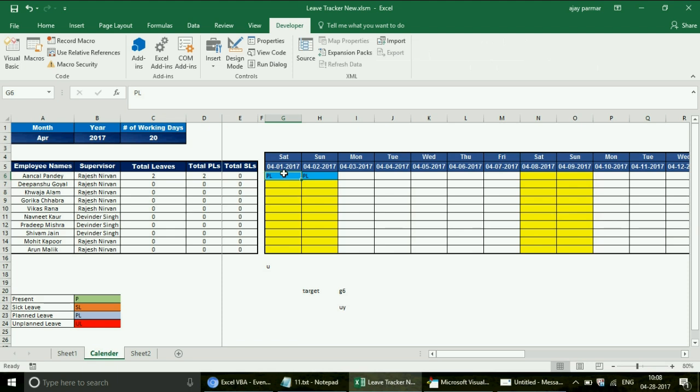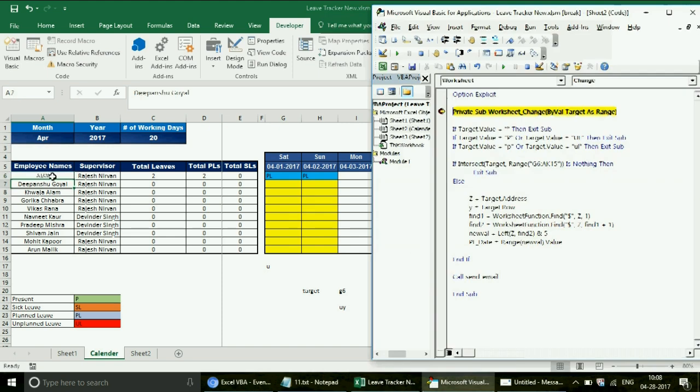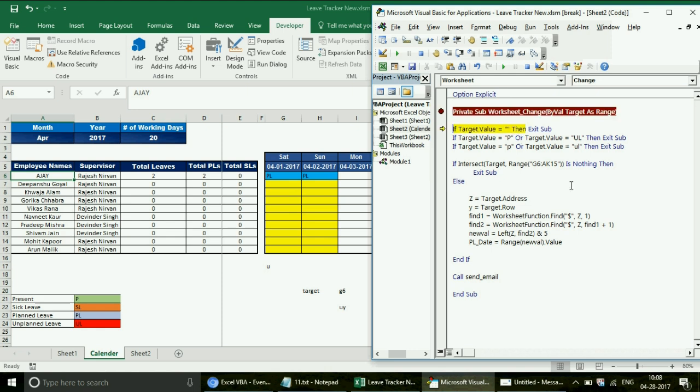This is the code which Alam has prepared. So I hope that I was able to explain this. Now let's go to the real topic. So first of all, I'm going to write my name. For example, I write my name here. I'm going to apply for this. Now every time you enter anything in this sheet, this macro will always run because there is a change happening in the sheet. So now you know that my target cell actually is A6, which is obviously not going to intersect with this G6 to AK15. It's not a part of that range, so you see that it will always stop the macro, right? That we all know. Now guys, my idea, what I want to do